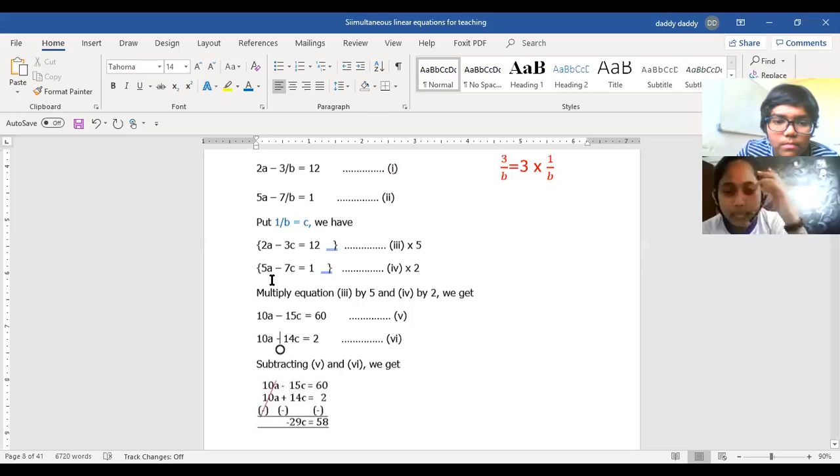It should be, initially it was plus, no? No, ma'am. 10a minus 14c. Ma'am, it was minus only. Yes, ma'am, so it was converted. It should be minus. It will be plus, isn't it? Yes, ma'am, this will be plus. So minus 15 plus minus 14 will give you minus c. Minus c is equal to, rest of the signs are same. It was plus, it became minus. It was plus, it became minus. It was minus, it will become plus.